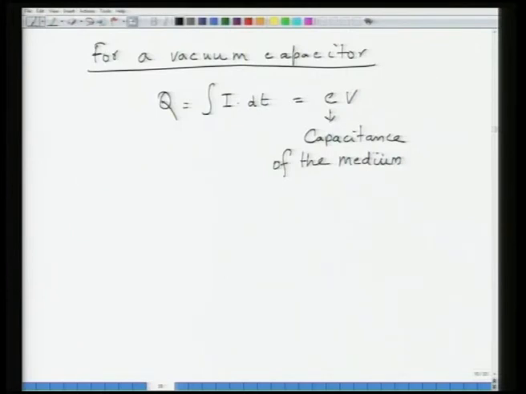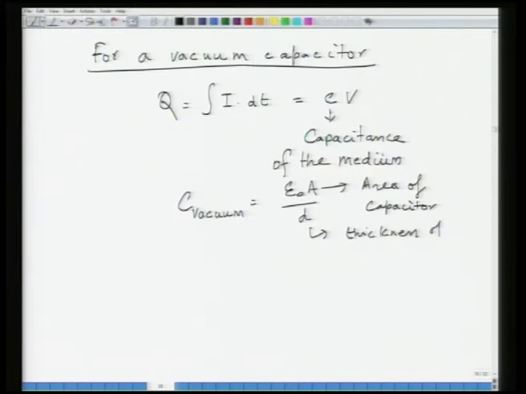Okay. In this case, the medium is nothing but vacuum. So, C for vacuum is given as epsilon naught A over D, where A is the area of capacitor, D is the